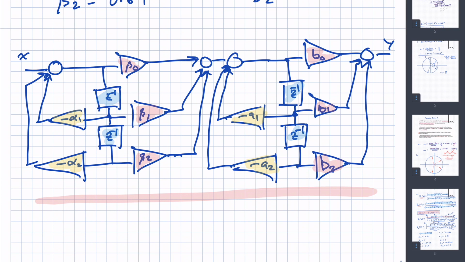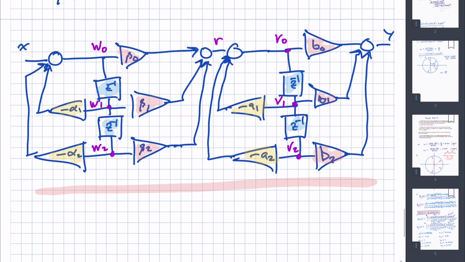Okay, so what you're going to need to do is label the outputs of summers. Okay, so let's call this W0. This would be called W1, W2. Let's call this V0, V1, and V2. So those are the outputs of some summers. We could call this intermediate output R. Okay, so everything's labeled at this point, and then for each sample,